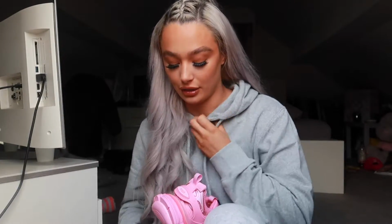But I'm going to finish getting ready now because I need to go. Sorry for the weird angle, but this is the best light I can get in Oak's room. But I just need to show you